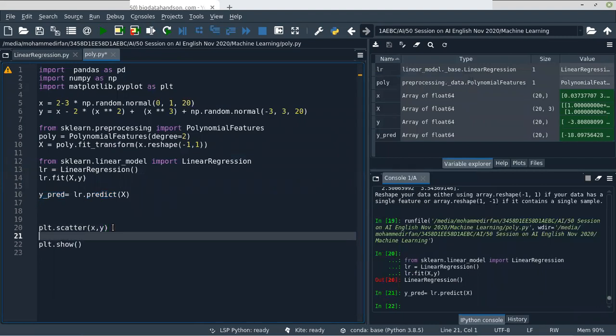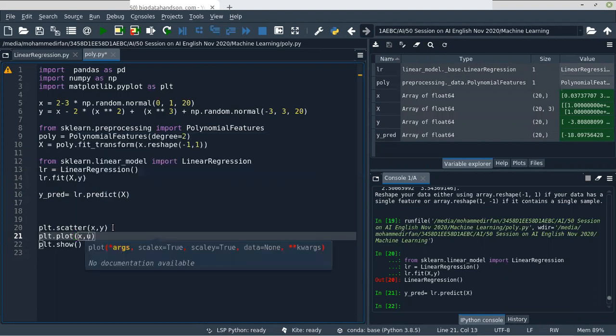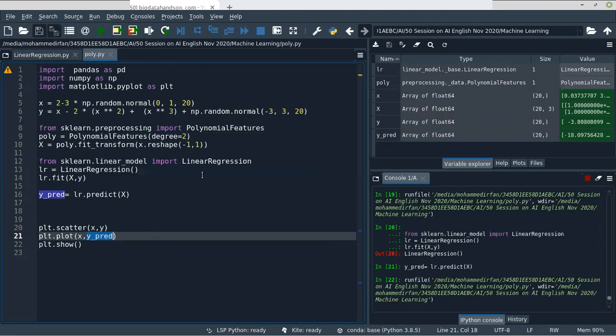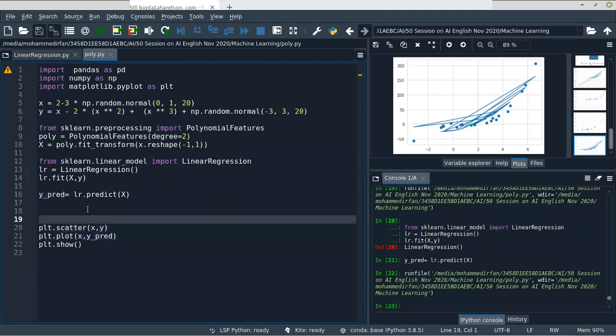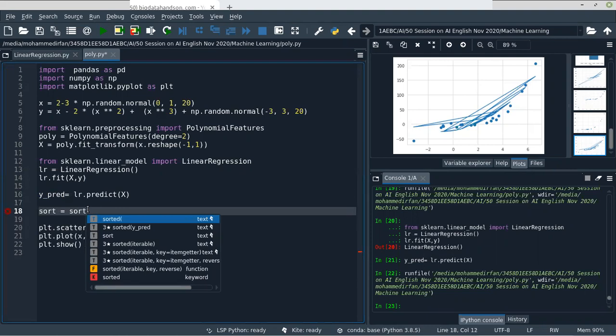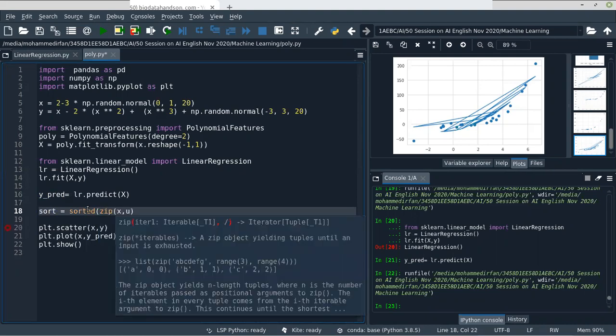Now what we need is to plot the data, right? Plot x comma y_pred. Now y is the actual data, this is the predicted line. So the line will not be accurate. What we need to do is sort that actually. If you sort the data of y_pred, you will get a perfect line actually. So we need to sort it. sorted, here we will give x and y_pred,